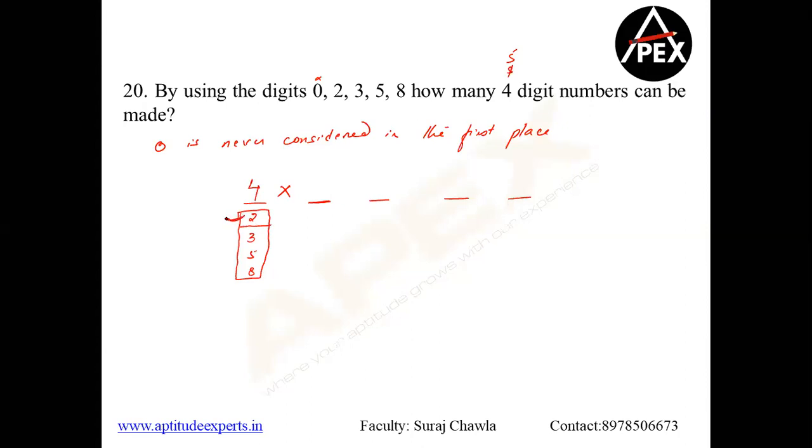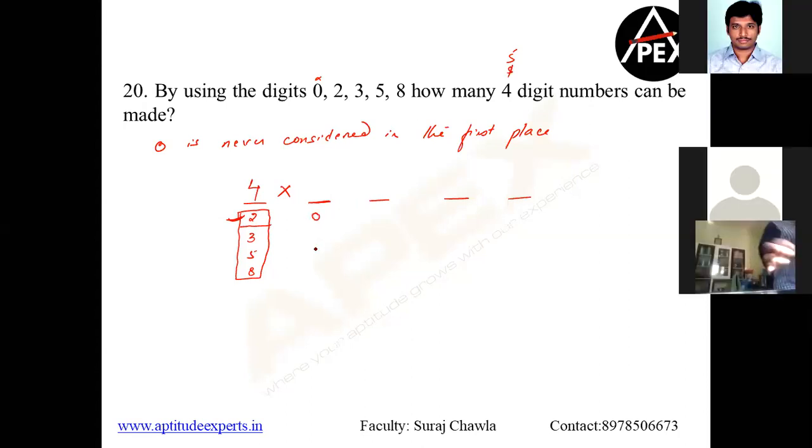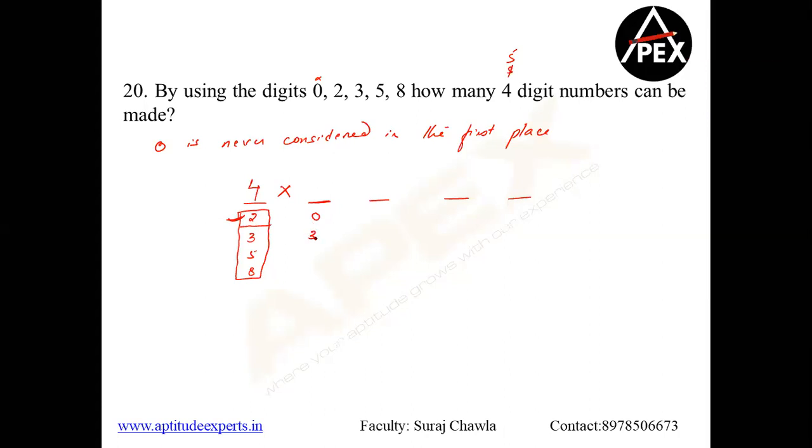If I have fixed 2 here, now there is no more condition with respect to 0. So in the second place, I can have a 0, I can have a 3, I can have a 5 and I can have a 6. So always remember the shortcut generally for 0. If there are 4 digits coming here, since 1 digit is blocked and 0 also comes back, the second place will also be done in 4 ways only. This is what I generally do when there is a 0 involved. I do not take much time to think. I write 4 into 4 right away.